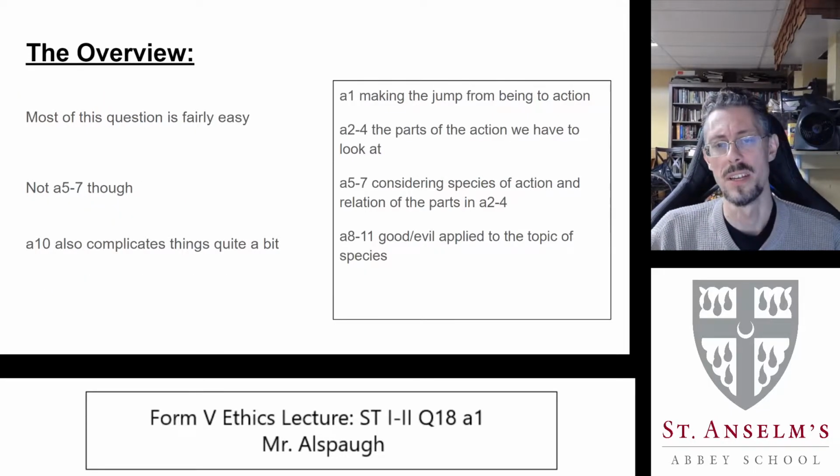Here's a table of contents for question 18 on the right. Article 1 is going to give us the privation theory of evil and justify the way we talk about action, the same way we talk about substance or being. And then in Articles 2 through 4, we'll look at the parts. There's 3 key parts of action that we need to look at for assessing whether an action is good or evil, whether it's healthy or sick, whether it is sound or deficient.